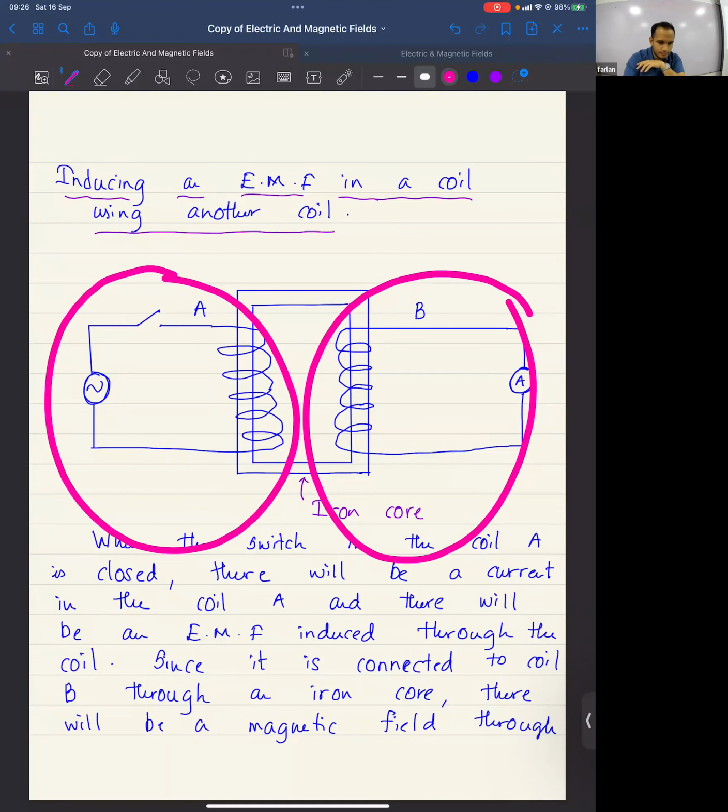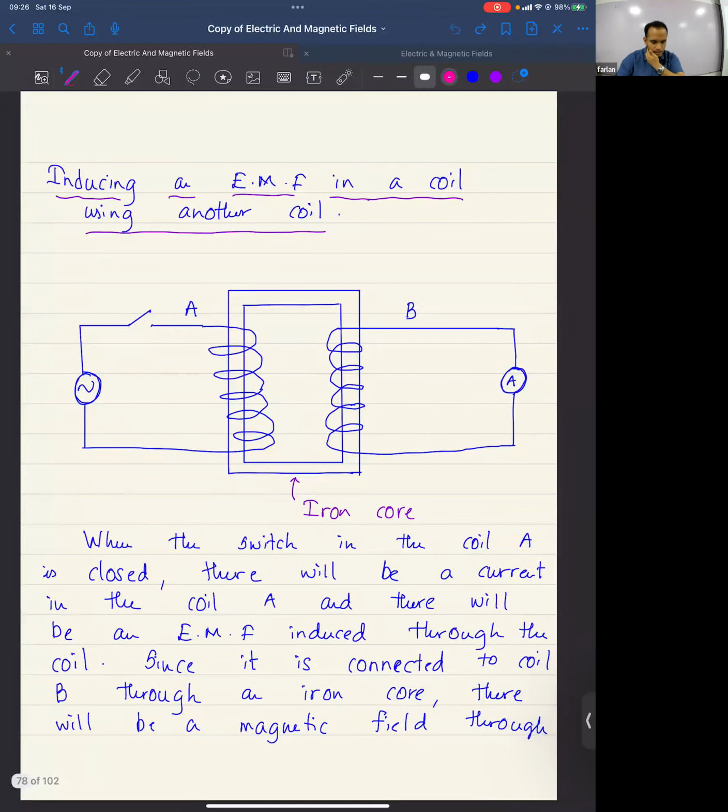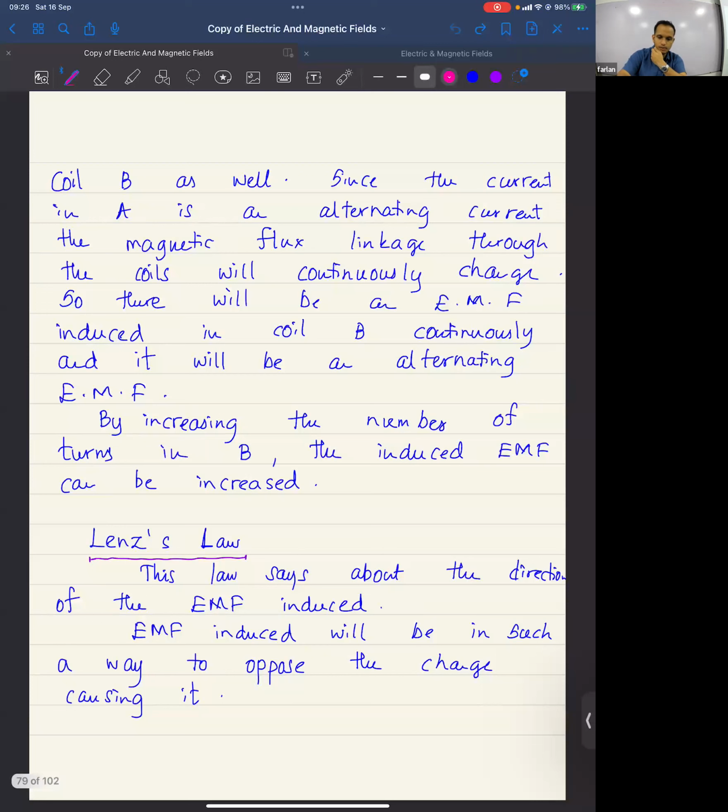With the symbol. This one. Yeah. Alternating power supply. Okay. Right. Continue. There will be magnetic field through coil B as well. Full stop. Since the current in A is an alternating current,